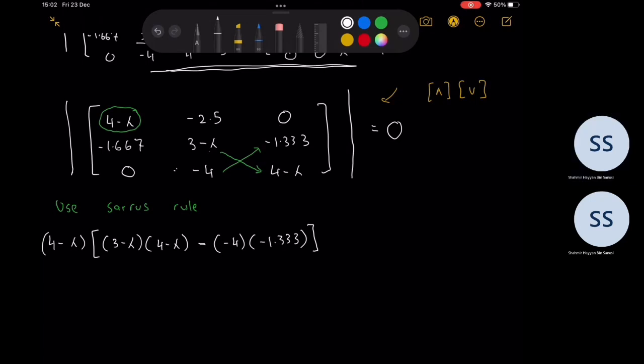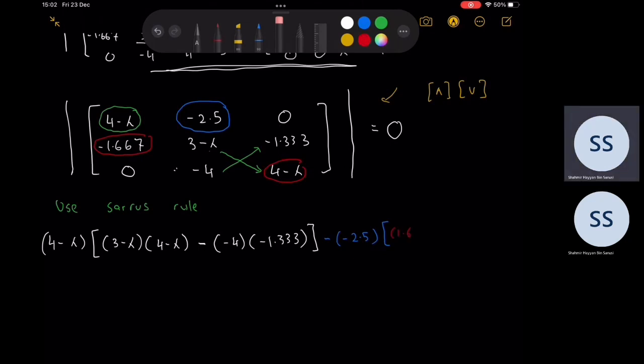Okay, and then minus this, if you refer to Sarrus' rule, minus negative 2.5 that multiply with the multiplication of this and this. Okay, so 1.6, sorry, there's negative there. So negative 1.667 multiply with 4 minus lambda minus